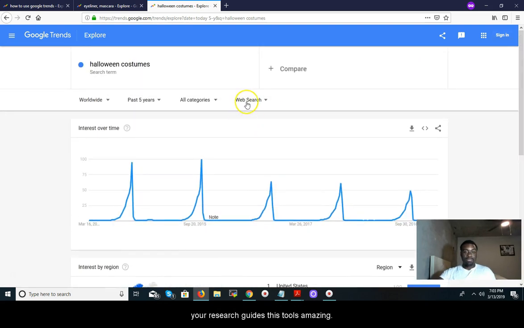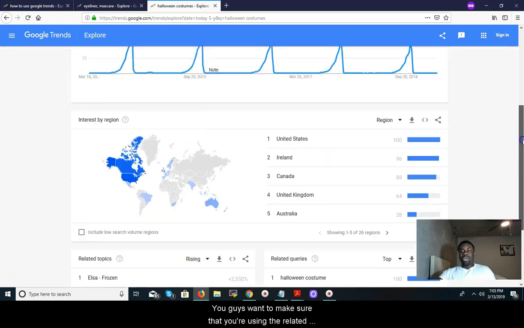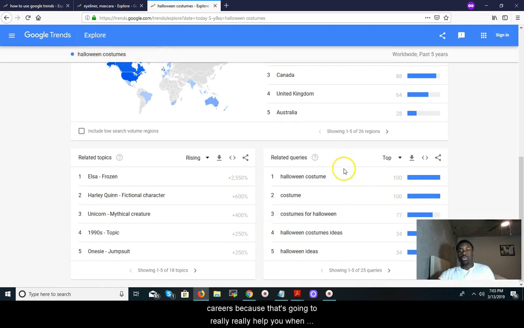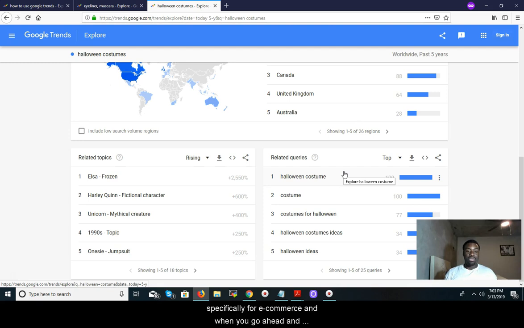This tool is amazing. And you guys want to make sure that you're using the related queries because that's going to really, really help you when it comes to your keyword research when you're doing Google Ads. And that's what I teach on my channel specifically for e-commerce. And when you go ahead and dive into this, you'll actually see the different keywords that you'll want to target or have inside of your title for SEO,